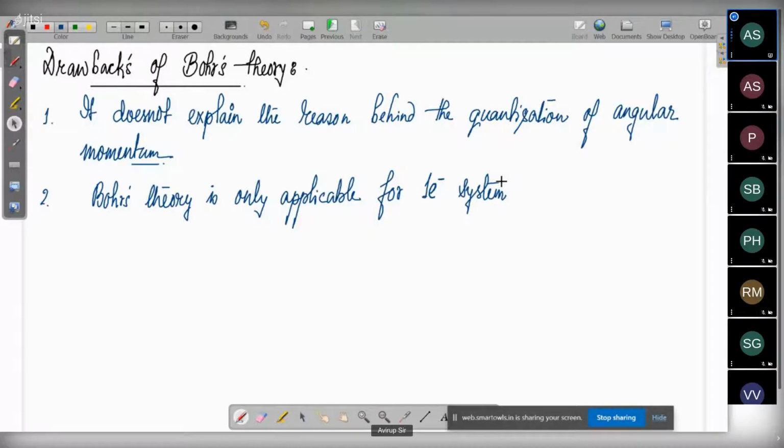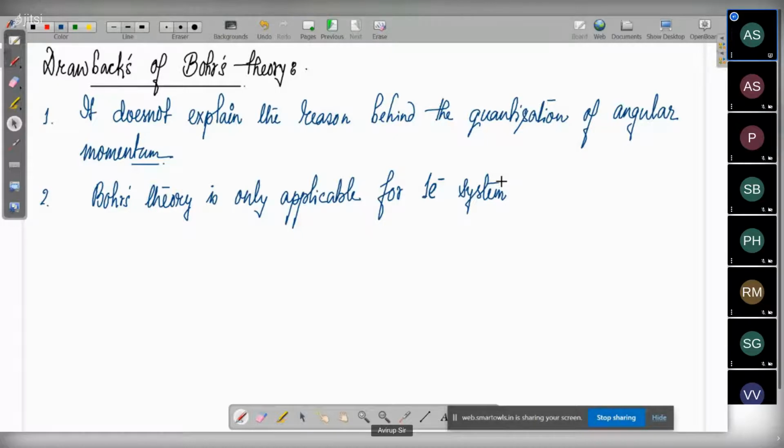But later, when other scientists went on to calculate the data for other elements, it was seen that they do not follow Bohr's theory. After Bohr published his paper, other scientists also calculated the values for other atoms, but it was seen that this didn't happen. They did not match. For helium, for lithium, the values did not match. The value that was calculated mathematically using Bohr's theory did not match with the experimentally observed value.